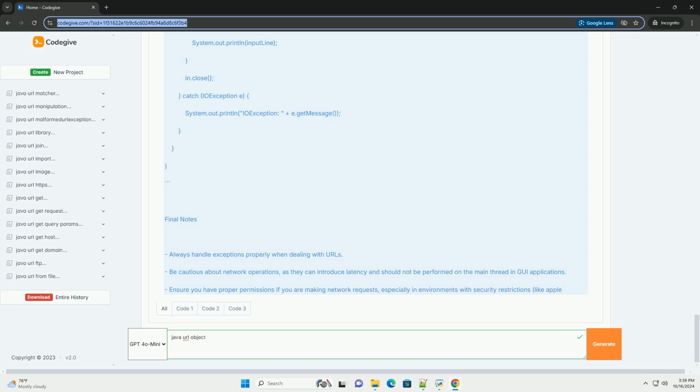Handling exceptions. The MalformedURLException is caught in the catch block, which handles cases where the URL string does not follow the correct format. Example output. Given the example URL https://www.example.com/path/to/resource?query=param#fragment, the output will be